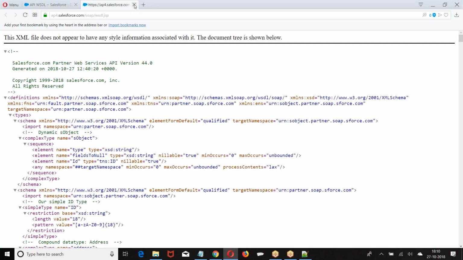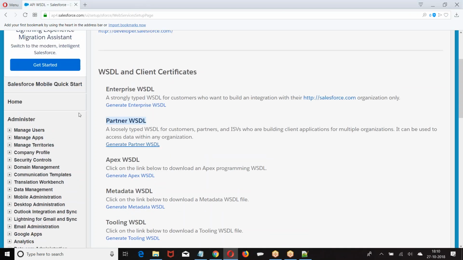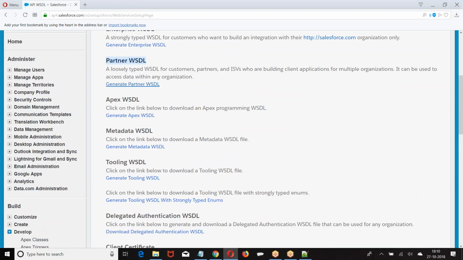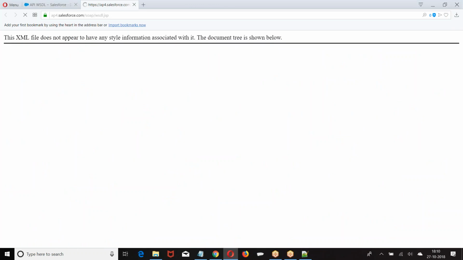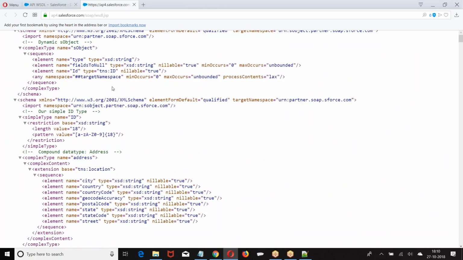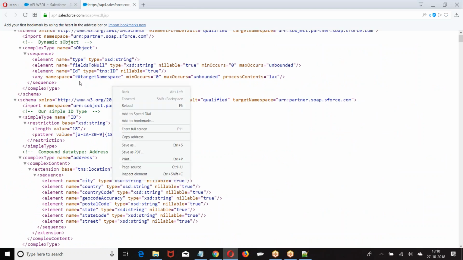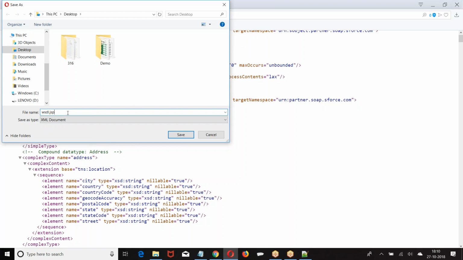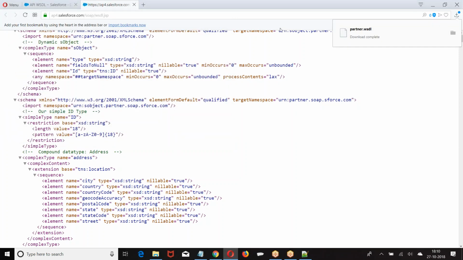Once again, build, develop, API, partner visual file, generate visual file. So we got the partner visual file, save as. So the visual file is here.